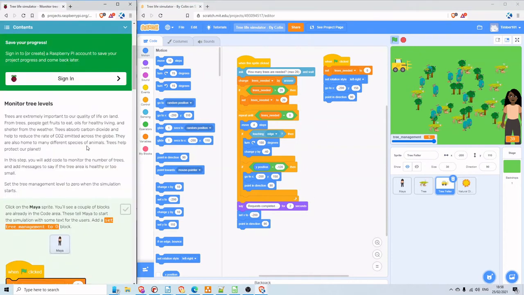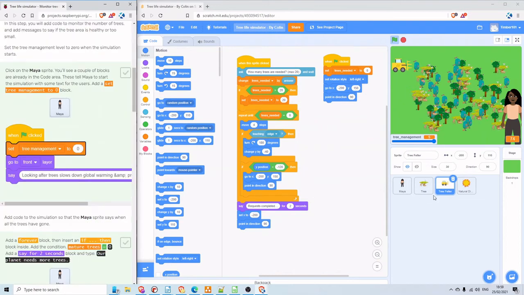So the next thing we're going to do is we're going to do something about monitoring the tree levels. Trees breathe in carbon dioxide, CO2, and emit oxygen, which is what we breathe, and helps animals breathe. And we're going to add some code now to monitor the number of trees and add a message to say if the tree area is healthy or too small. So we're going to click on our Maya sprite,